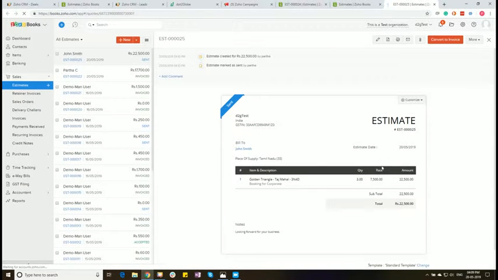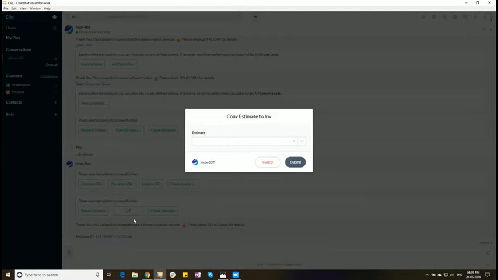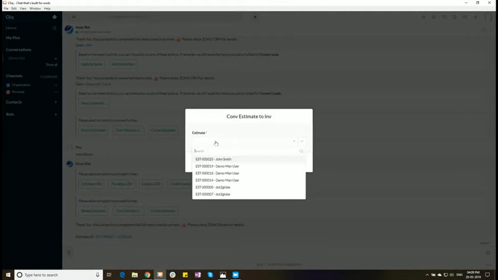I can see the details by clicking on the link that we just saw, which will take you to Zoho Books and give you the estimate details. As you can see here, the package name, the customer name, and the price details are available. Let's say the customer is happy and he would like us to start the booking process. This is the time when we want to convert the estimate to an invoice and send it to customer for some initial payments. So I'm going to click on convert estimate here,